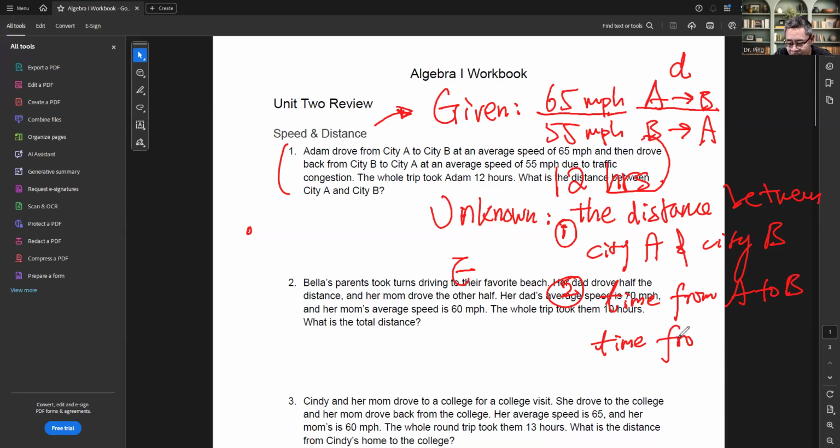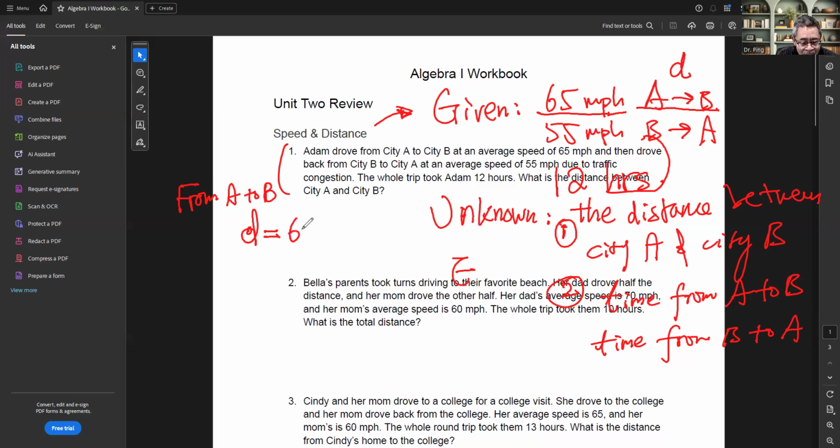Okay. So therefore, the distance from A to B,